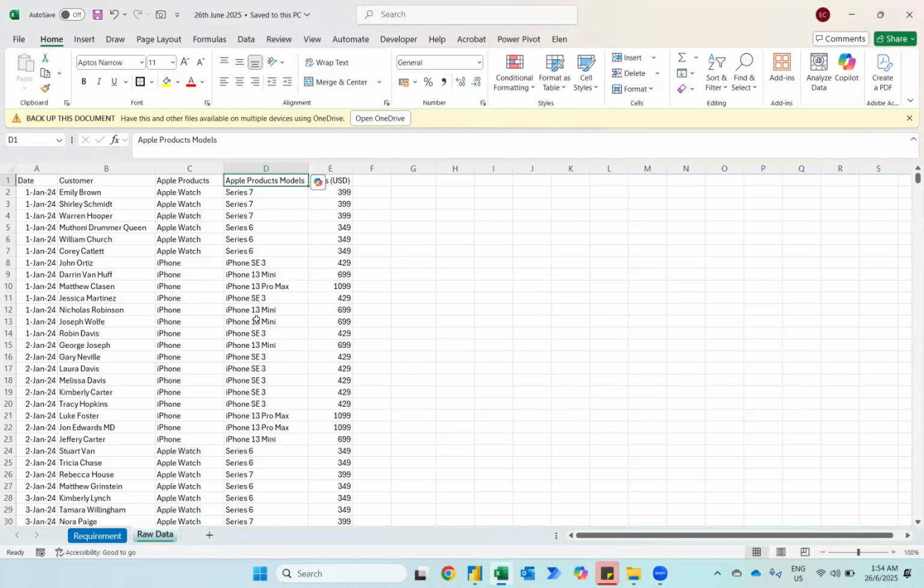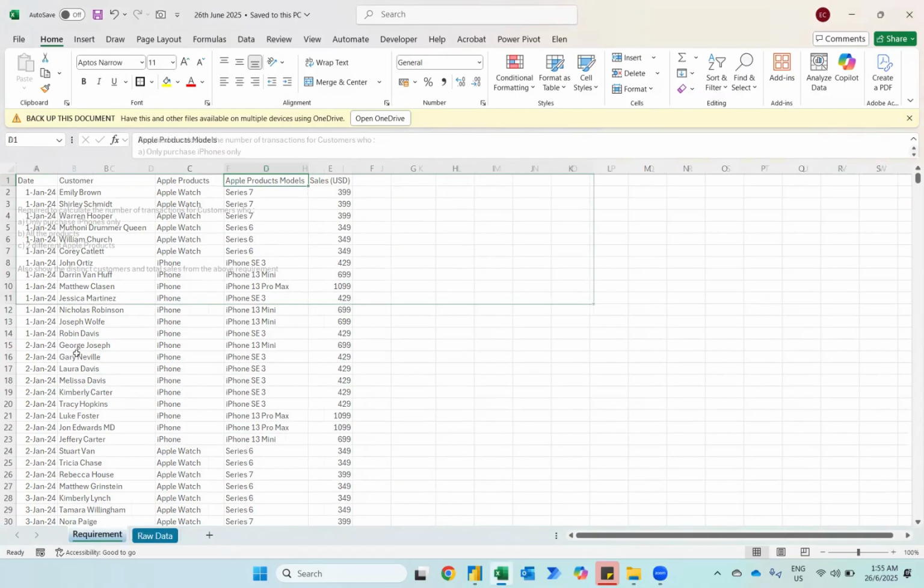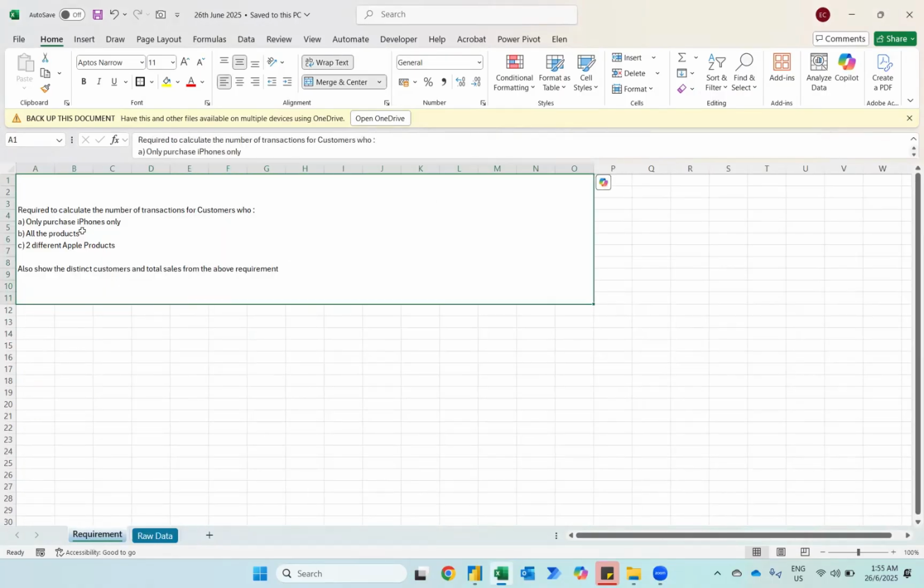So today we will learn on a sales report where we can actually perform some interesting analysis. In this file, we have a database which has the date, the customer, the Apple products, Apple product models, and also the sales made for each transaction. So basically there is a requirement from the management whereby we are required to calculate the number of